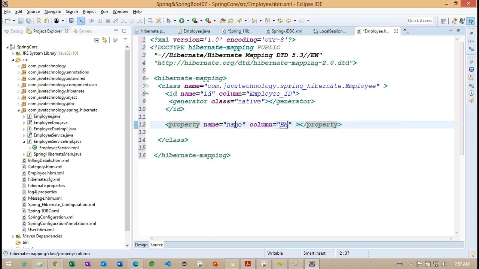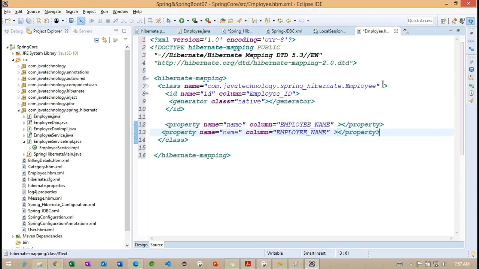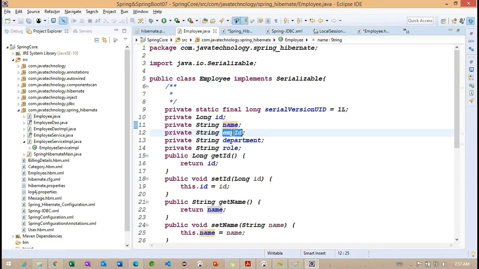Now column I want to provide. And where is the employee class?